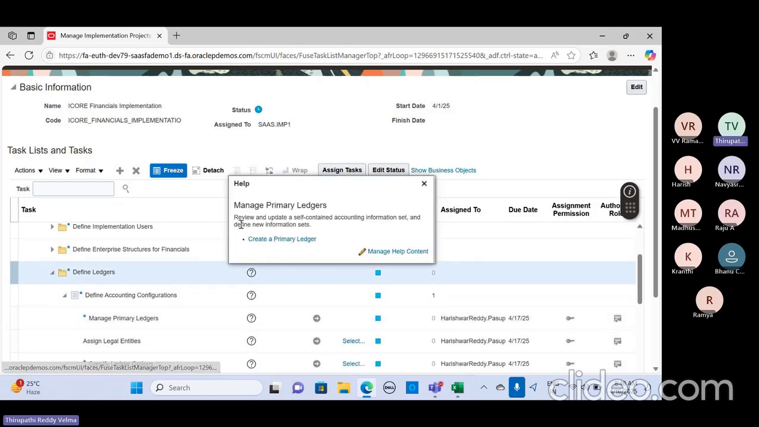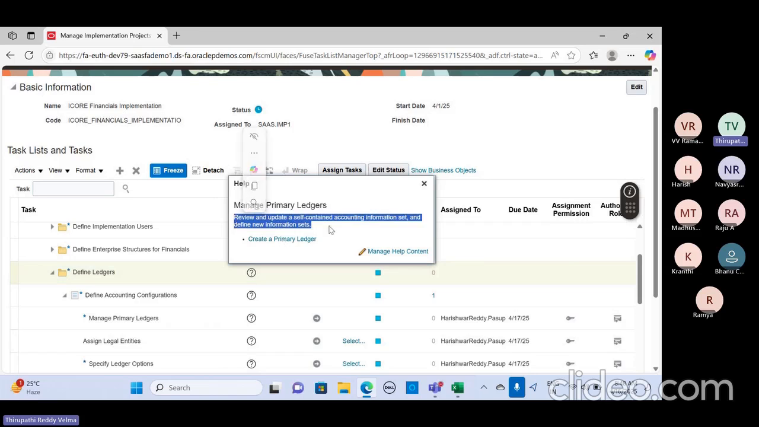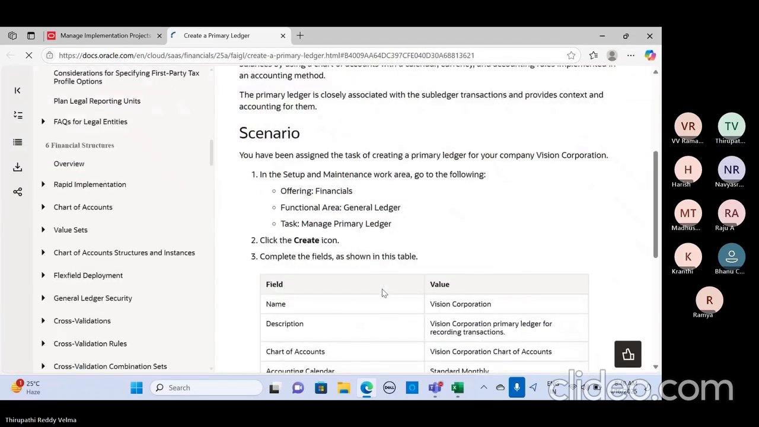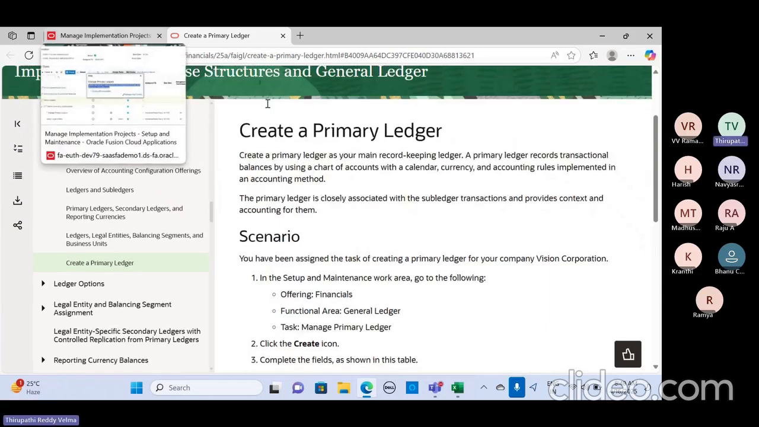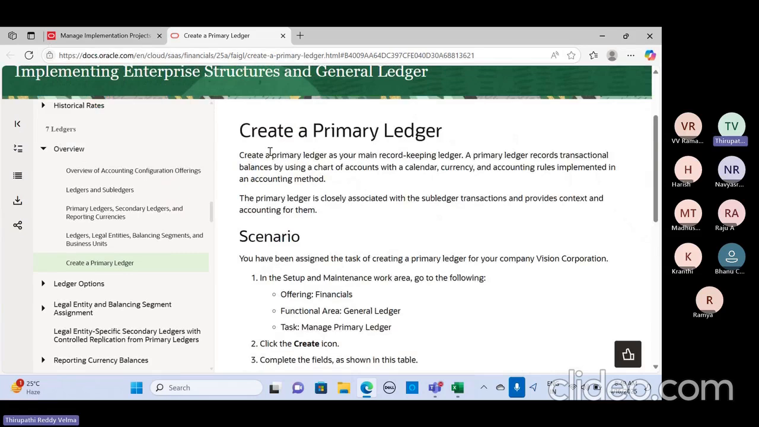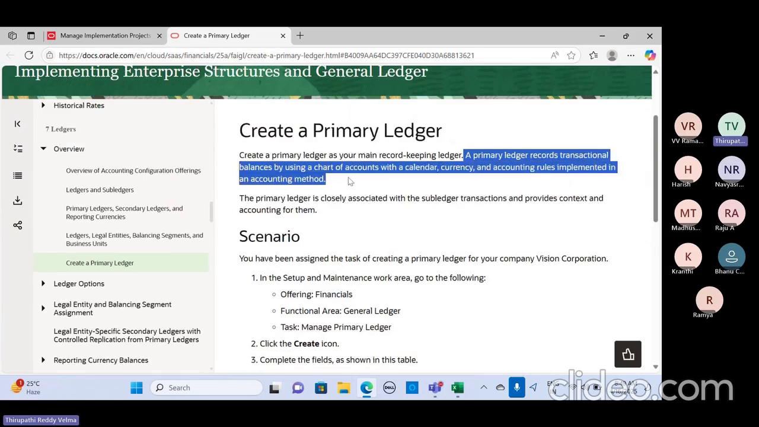right? What is that manage primary ledger? It reviews, updates self-contained accounting information sets and defines new information sets. Okay, if you click on the hyperlink of create primary ledger, it gives you the theoretical information. What is a primary ledger? Create primary ledgers as your main record keeping ledger. A primary ledger records the transactional balances by using chart of accounts with calendar currency accounting rules implemented in the